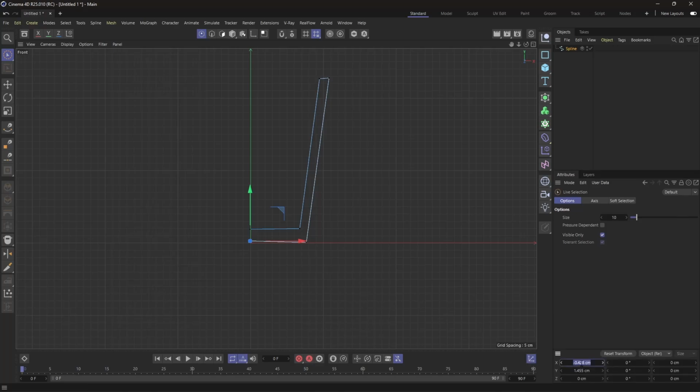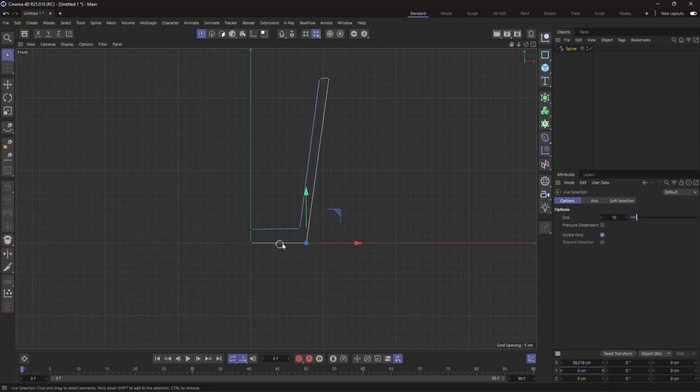So I simply put 0 here to make sure that my point is on the x-axis, it's 0 on the x-axis and also 0 on the y-axis. I do the same thing to this point, 0 on the x-axis only. I don't want to put this point 0 on the y-axis because it will come here, but I want some thickness on the base of my cup. I want to put this on y 0